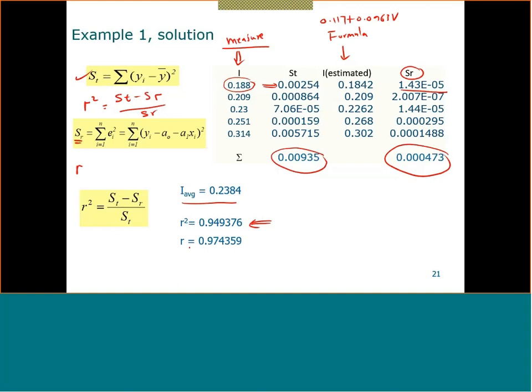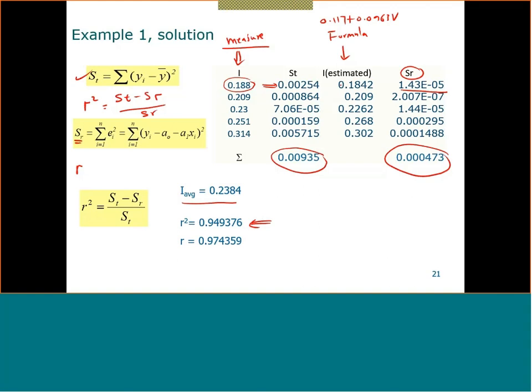And this 1, what does this mean? If this is 1, it means that your S of R is equal to 0. What does it mean that S of R is equal to 0? It means the summation of all of the residuals, or the errors, which is the difference between the measured and the estimated, is equal to 0. That's not practical. We don't see this. There is always an error, but we try to minimize the error, and this is the